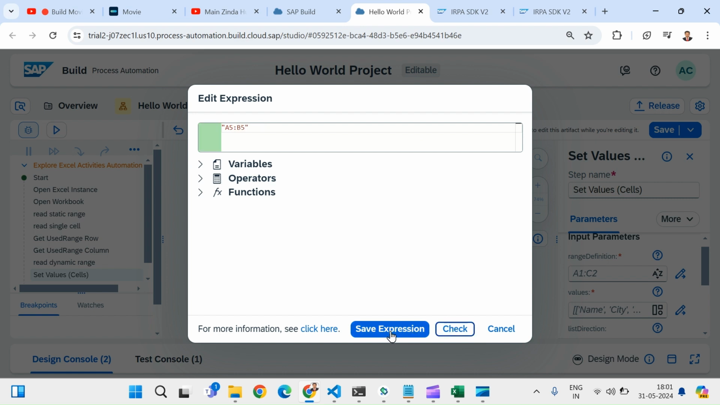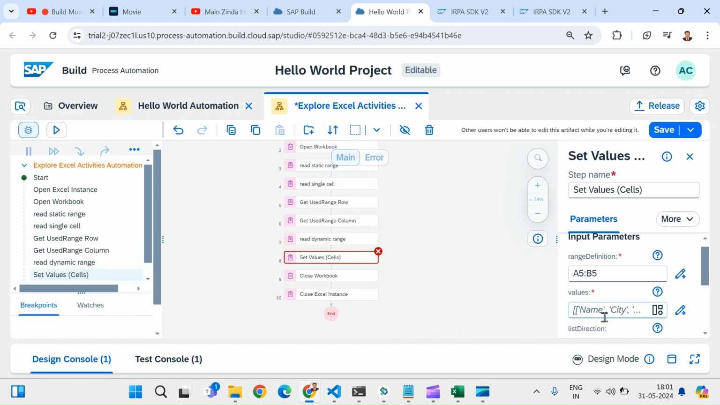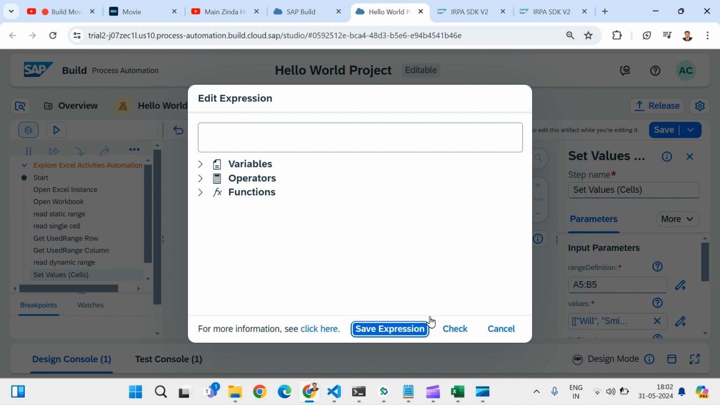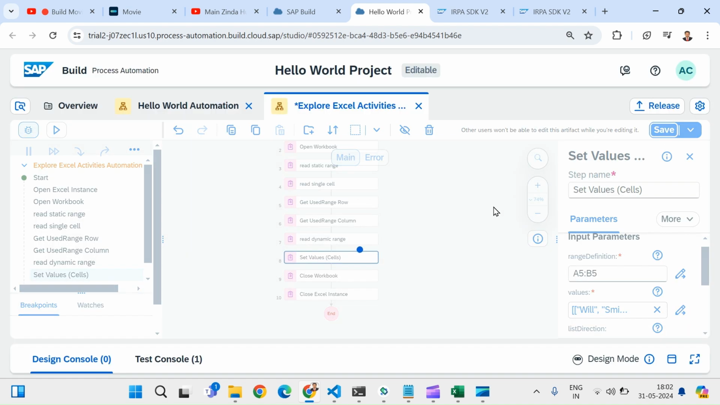I will click on check expression and save the expression. Then in the field of values, I will enter a list of lists, and the child list contains only one row. That is two values inside one row. Let's enter the first name as Will and last name as Smith. So we have entered a list of a single child list, and the inside child list represents the first row. We will click on check and save the expression. We will save the automation,